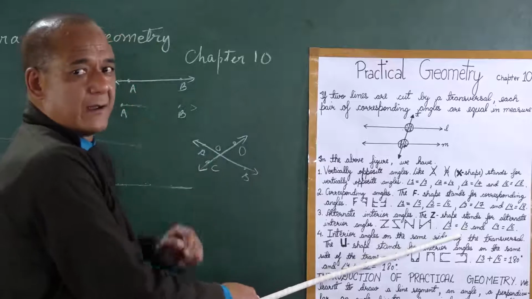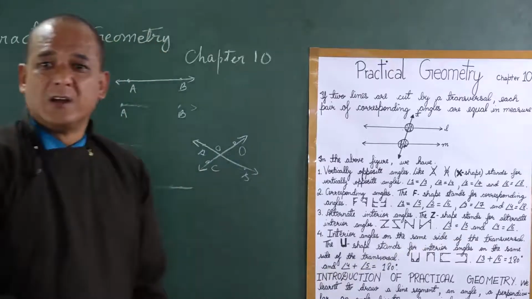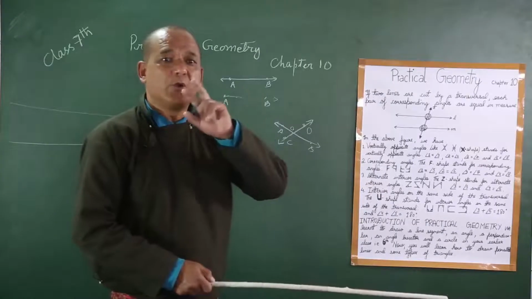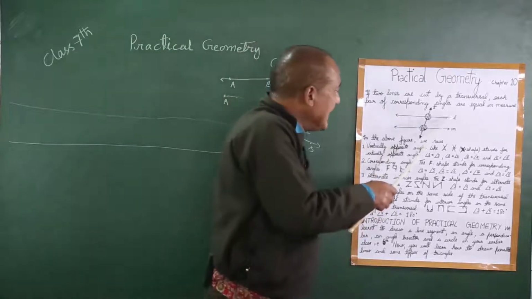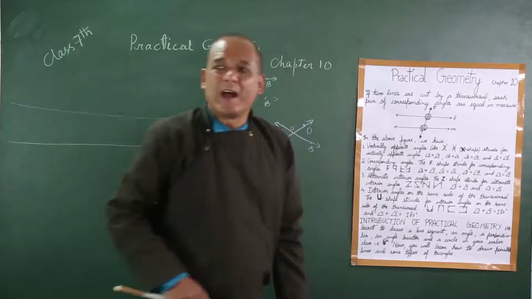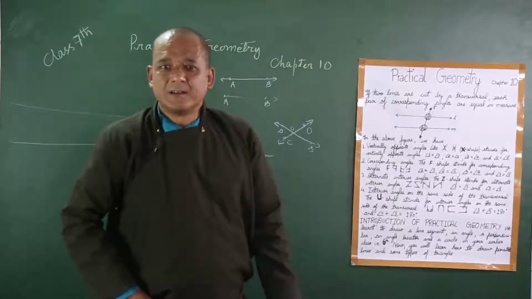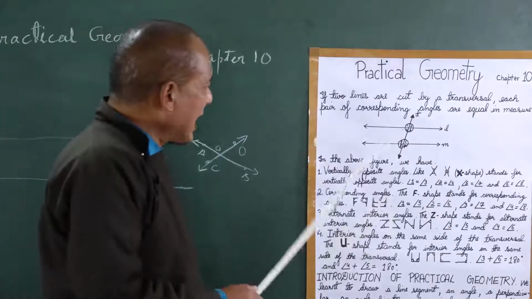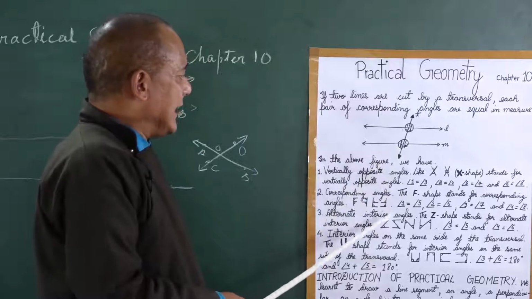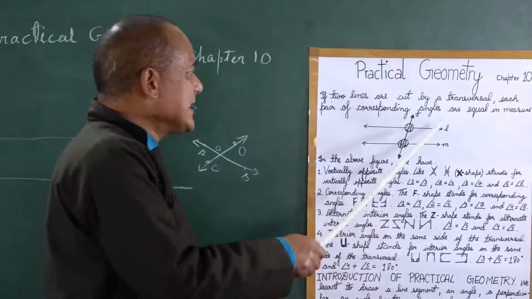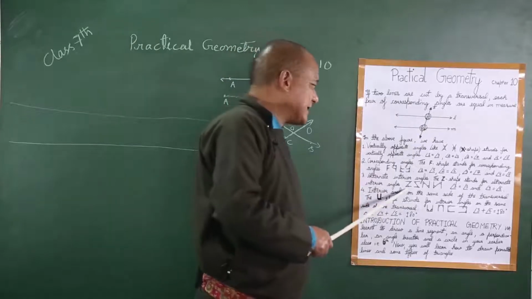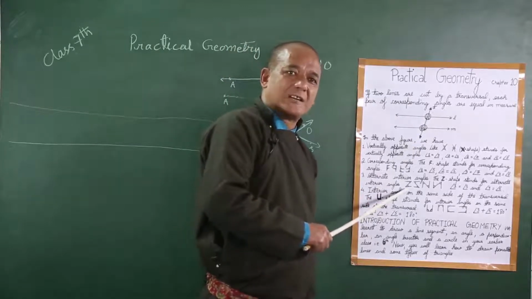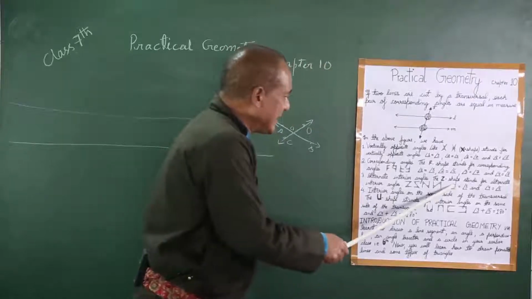So remember, there are alternate interior angles. Why do you call it interior angle? Because this is in between L and M. That is why it is called interior. Okay? So alternate interior angle is that angle which is between L and M, but they form a Z kind of shape. So this is angle 3 and angle 4.